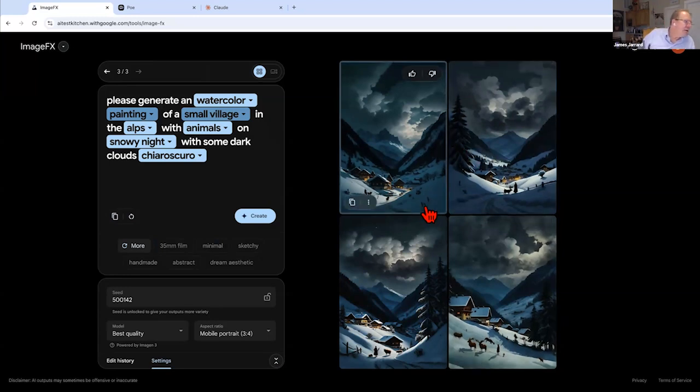So that is AI Test Kitchen, where we dealt with creating music, creating images,